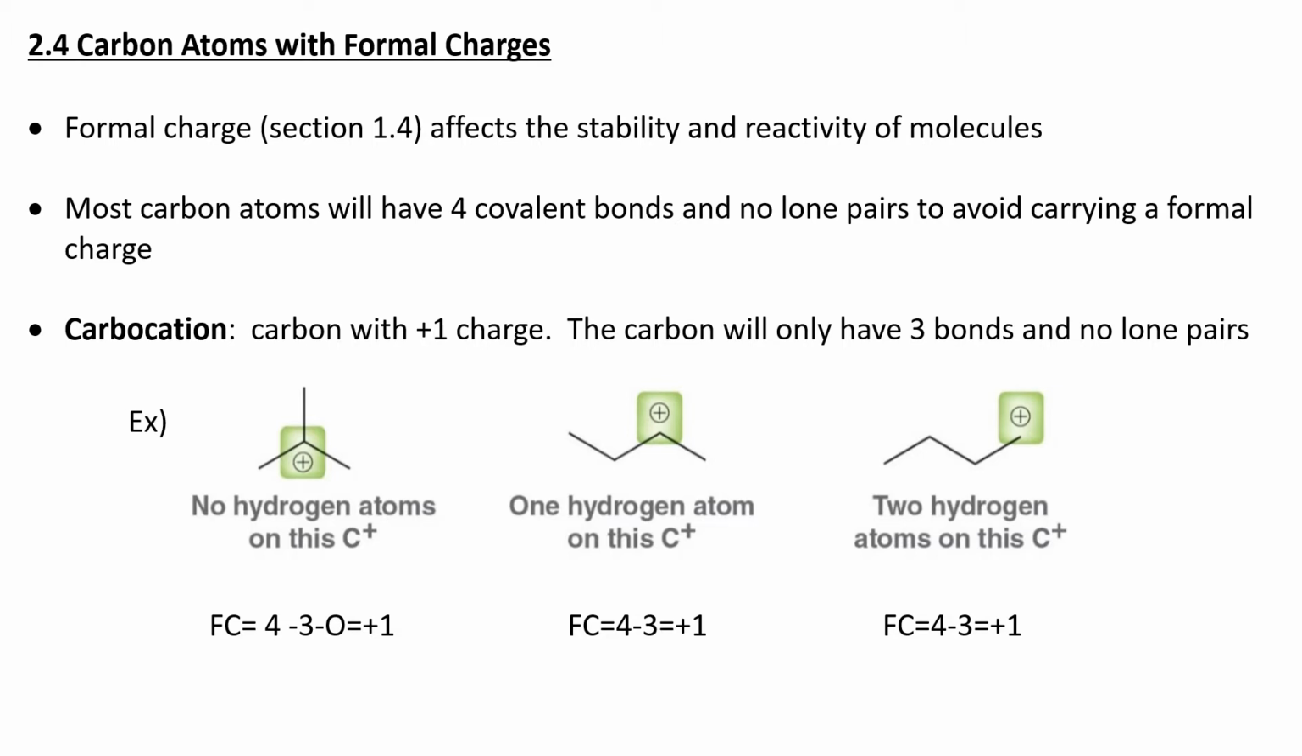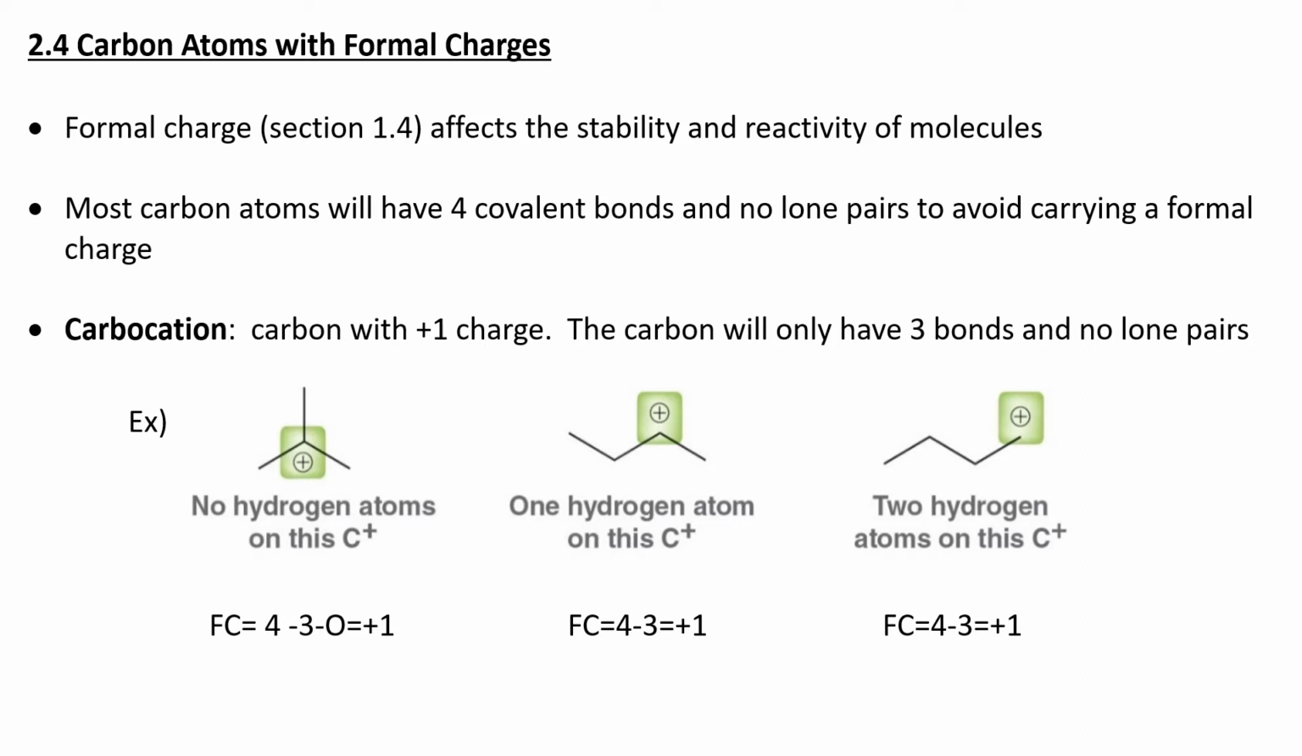Most carbon atoms will have 4 bonds and no lone pairs. However, we can have carbon atoms with a charge. The first carbon atom with a positive charge we're going to look at is called a carbocation. We're also going to look at a carbon with a negative charge, and that's called a carbanion. The carbocation has 3 patterns that we need to remember. So, a carbon atom with 3 bonds and no lone pairs and a positive charge is going to be a